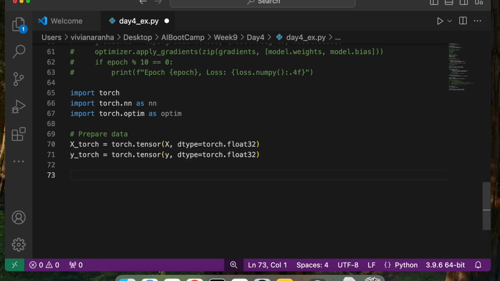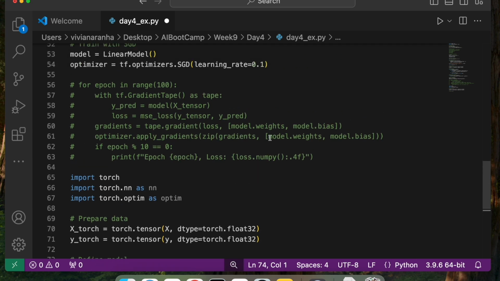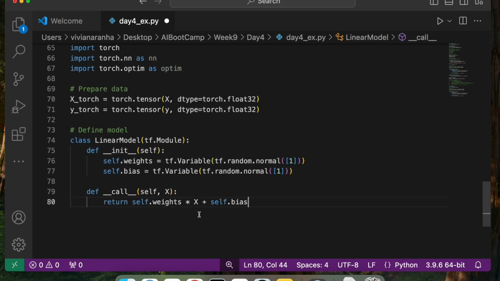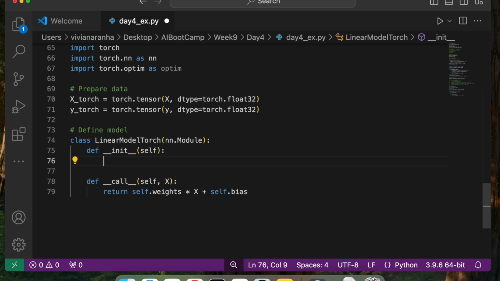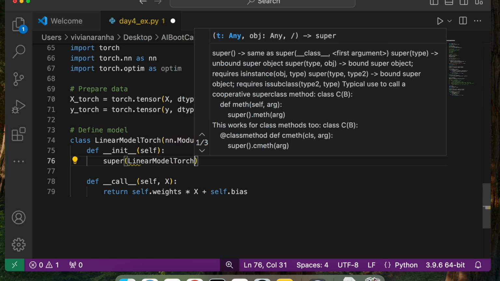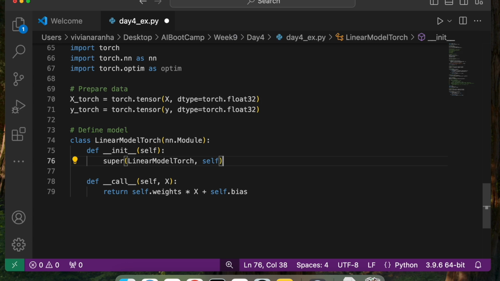Perfect. Next, I'm going to define the model. This model will be very close to what we did here, but I'm going to call it something different. LinearModelTorch, and here we need to pass the PyTorch module, nn.Module. Instead of doing this inside the initializer function, I can directly call super, LinearModelTorch, self.__init__.